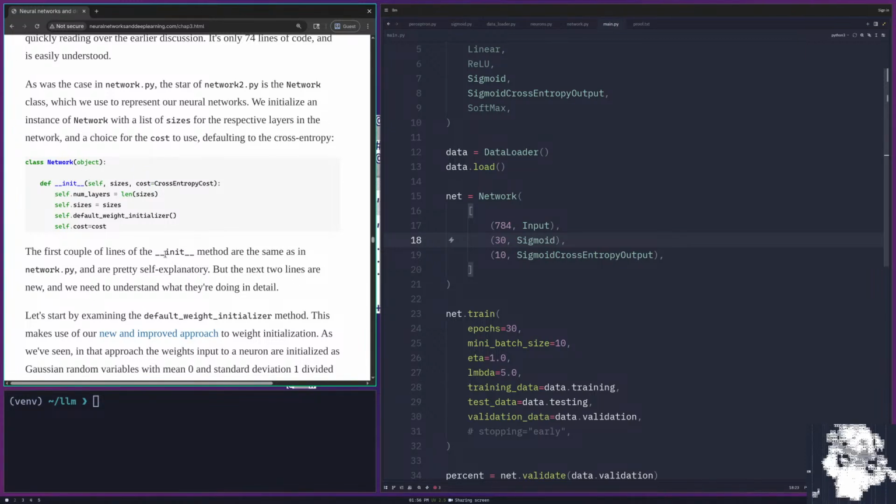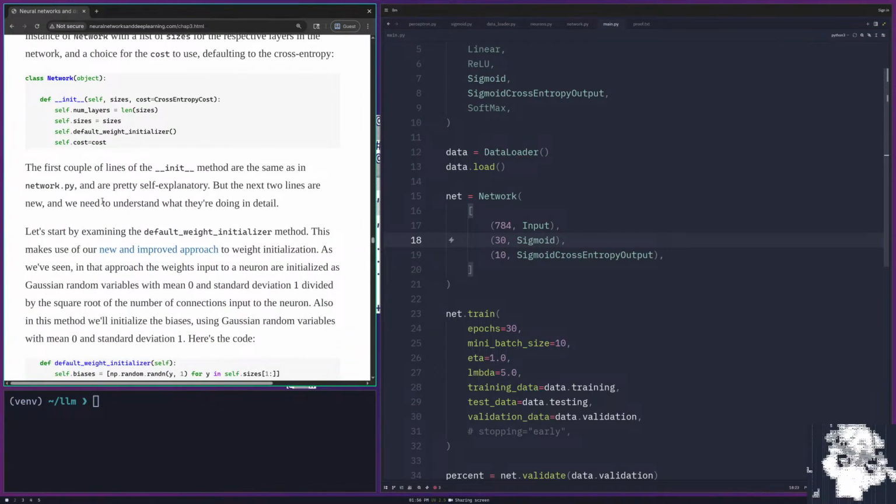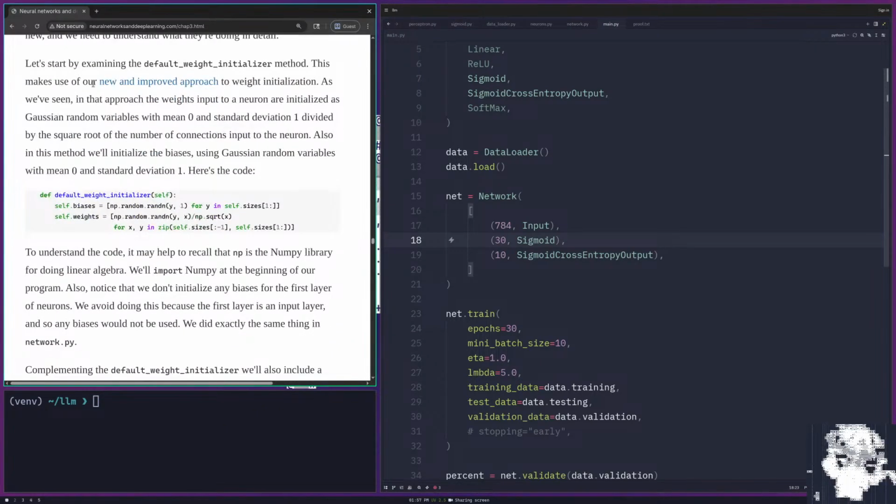All right, the first couple of lines of the init method are the same as the network.py. The next two lines are new, so weight initializer and cost, and that's not how we're doing it. Let's start by examining the default weight initializer method. This makes use of our new and improved approach to weight initialization. As we've seen in that approach, the weights,